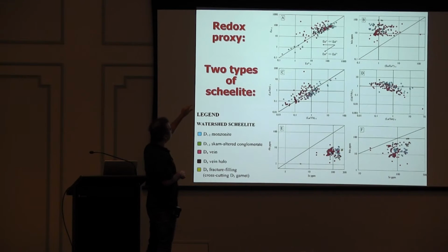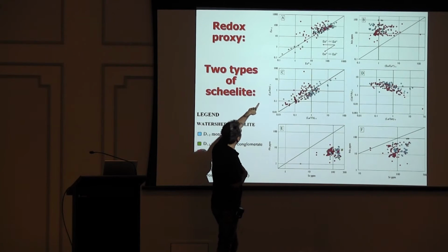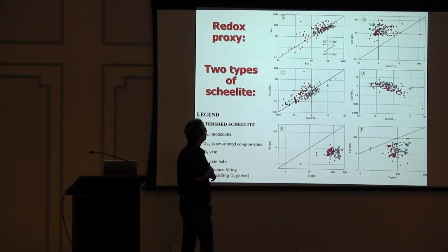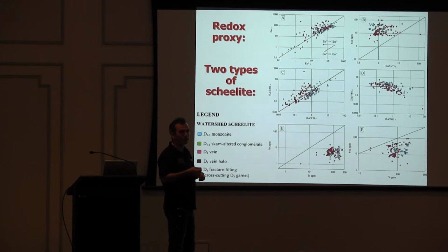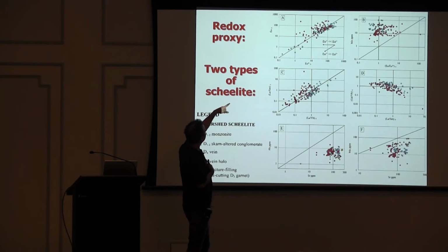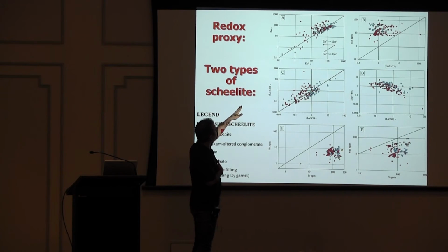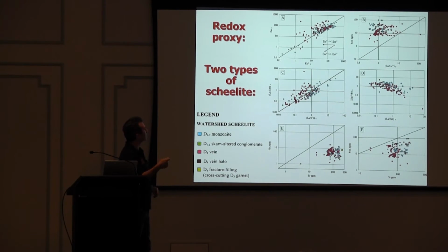And then on the two top diagrams, the one on the top left is the europium asterisk normalized versus europium normalized. If the scheelite plots on the line, it means that they are more enriched in europium 3+, which is more oxidized. We can see that the monzonitic scheelite and the skarn scheelite plot mostly along that line, compared to the reddish, which are from veins, which is more enriched in europium 2+, which is reduced. So we can see that there was maybe a shift from more oxidized conditions into more reduced conditions in veins,